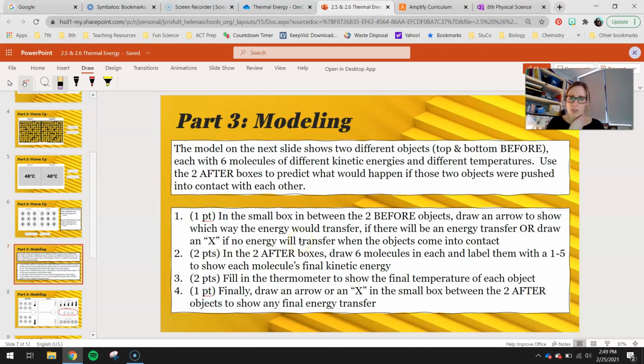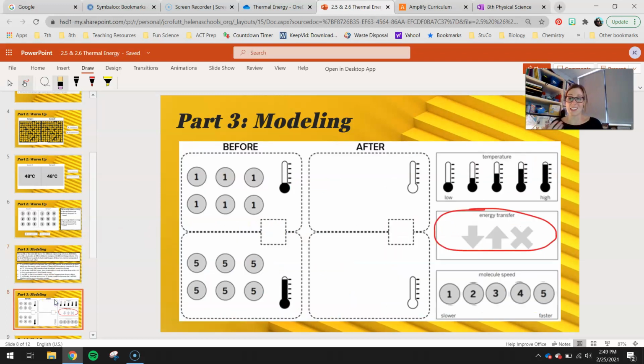In the 2 after boxes, draw 6 molecules in each and label them with a 1 through 5 to show each molecule's final kinetic energy. So after they've been pushed together and had some time to reach equilibrium, what would those look like? You can either use the draw tool to draw your 6 molecules, and then in them write which number you think they would be. Remember, at equilibrium, they're all going to have the same number. So whatever number you decide to use for those molecules, make sure it's the same for all 6 of that